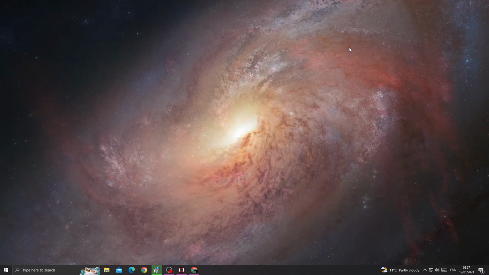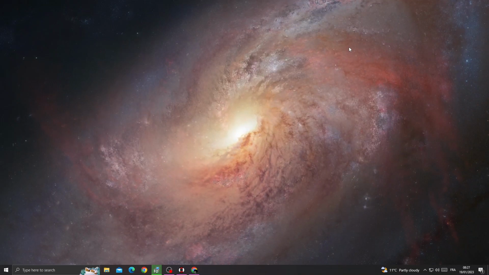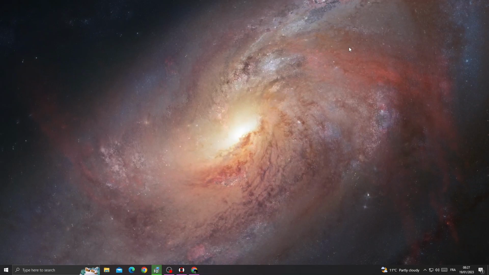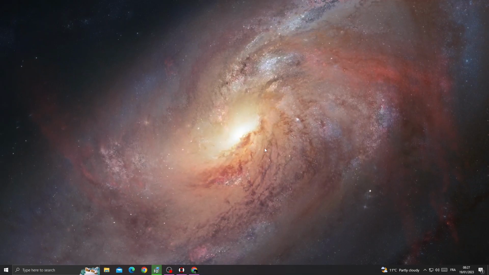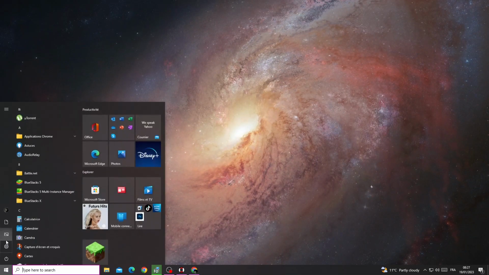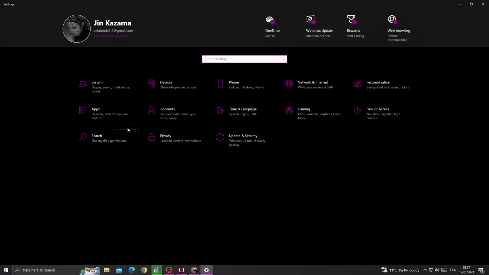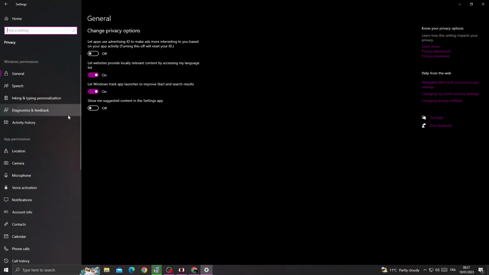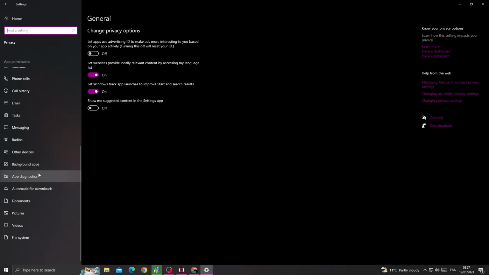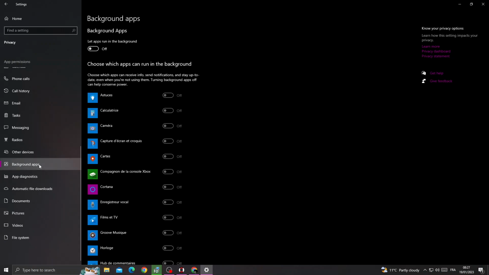How to fix Genshin Impact auto close problem easy and quick. If you want to fix it, all you need to do is first go to settings and then go to privacy. Now scroll down until you find here background apps. Now you will find it like that. Just turn it off